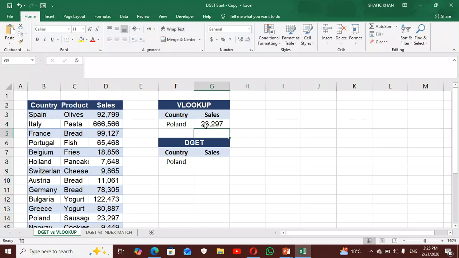So we find that for Poland the sales is 23,297, and when you try to look at Poland in the country side, it has 23,297. You see that the sales are the same as these in the table. Now, it has been a very long formula, as you see it, very complicated, but if you love to replace